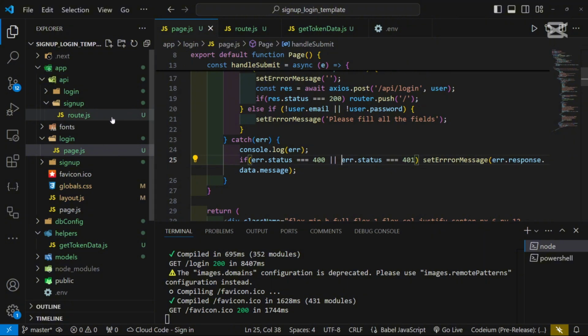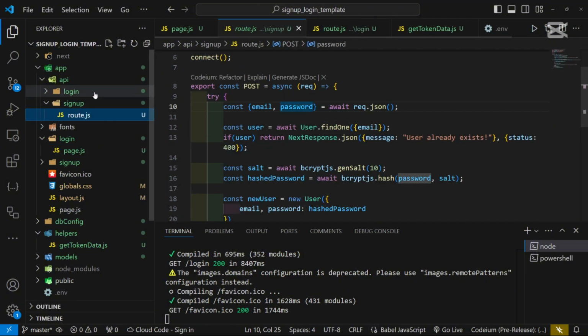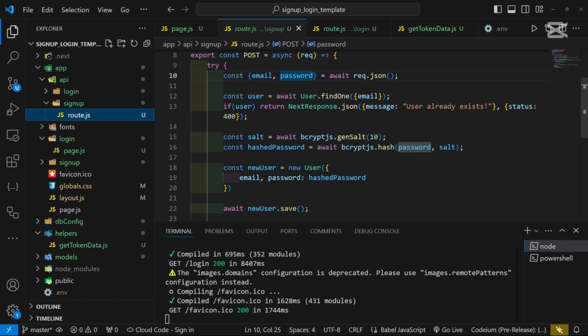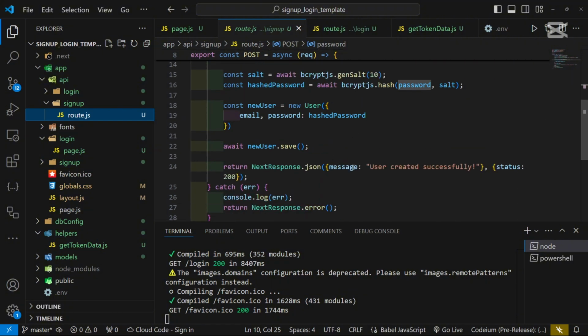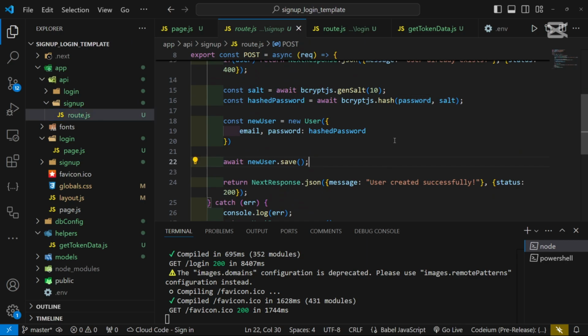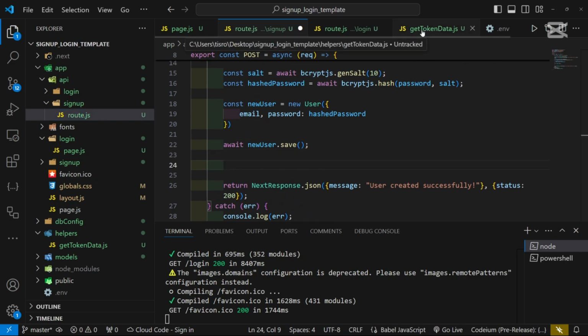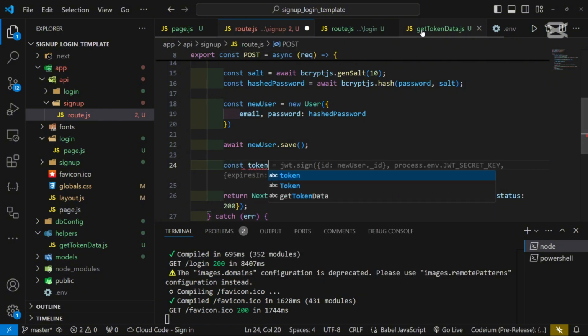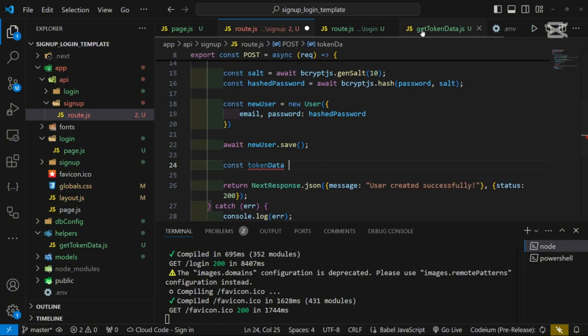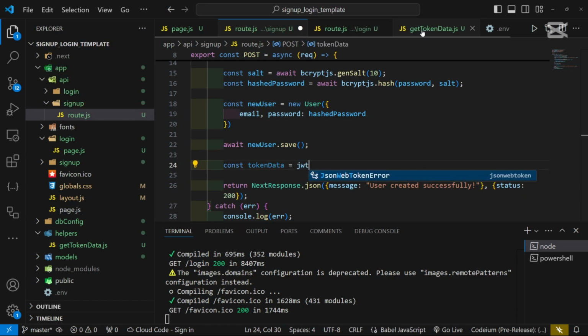And with that set up, we can go to the route.js file inside of our Signup API folder. And here we're going to create our token or cookie after we create an account so that it automatically signs us in or logs us in. But after we save the user, we're going to want to create the token. So to do that, we're going to write const token. And this is going to be the token data. So we're just going to call this token data. And then we write JWT.sign,